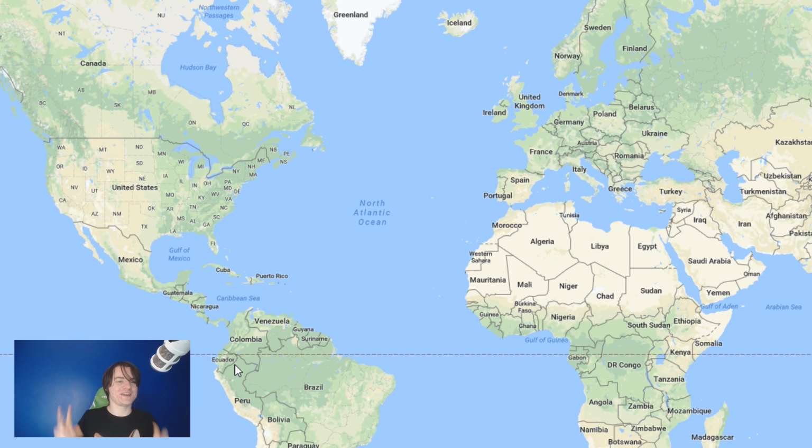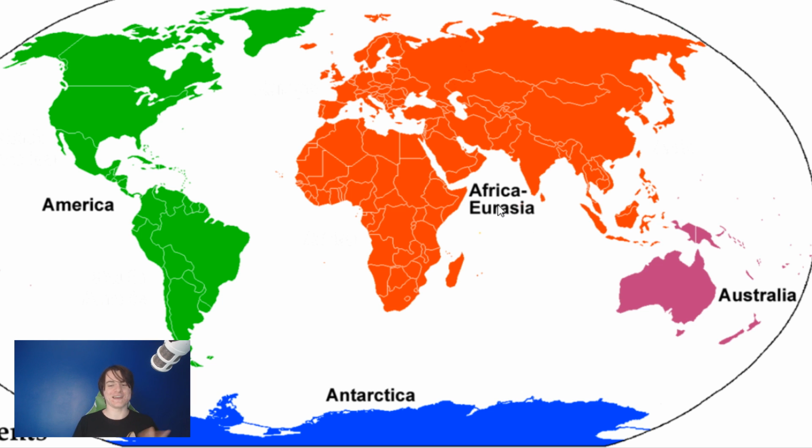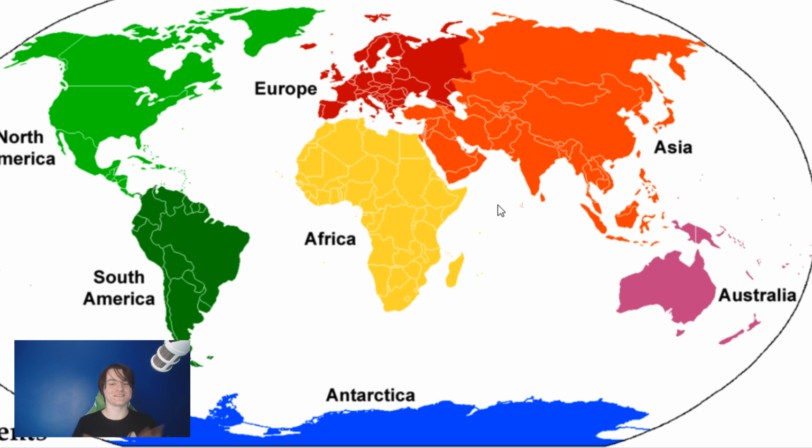It's just a culture thing that we as humans decide, and therefore it seems a bit unofficial, and there's a lot of different ways to define continents, as you'll see in this little map right here. You can go from anywhere from 4 to 7 continents. I'll show you all the models, but for today's video we're going to be talking about the 7 continent model